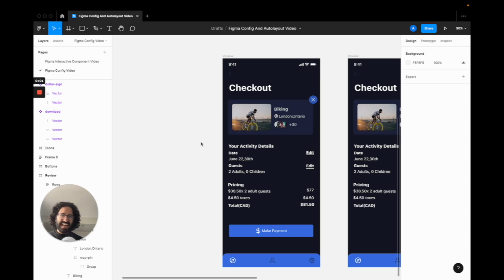Welcome back guys, and in this video we are going to be going over the two major updates from Figma Config, which is for Autolayout and component features specifically. There are many more updates regarding typography and the dark gray mode look for the Figma, but these two for me have been the most influential, and especially the component part I want to do justice because I know it's